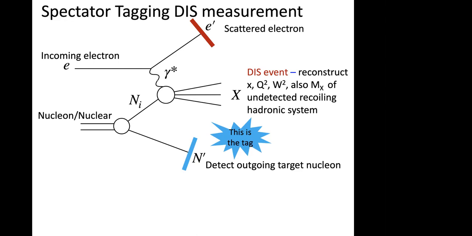The first thing is, when we do this tagging measurement by detecting the spectator nucleon inside the nucleus, we are able to isolate what the active nucleon is in the interaction. For example, if the nucleus is deuteron and we detect the neutron as the spectator tag, then we are making sure that the active nucleon in this interaction is a proton. On top of that, in the nuclear rest frame, the total momentum of all the nucleons is equal to 0. So